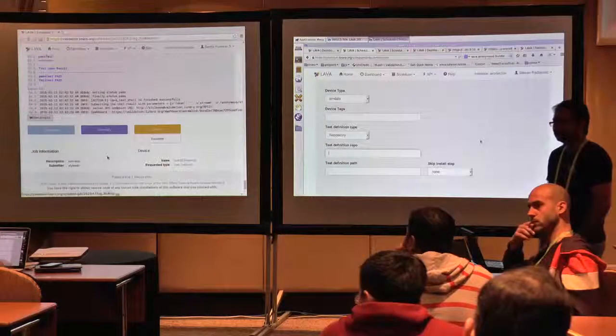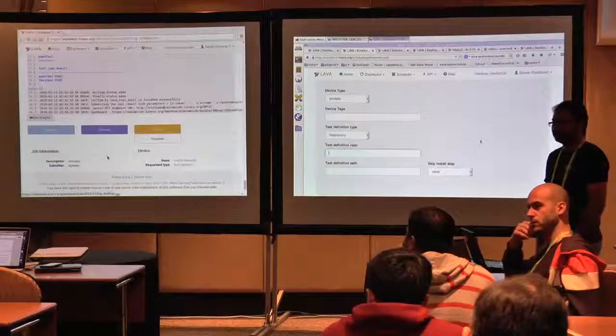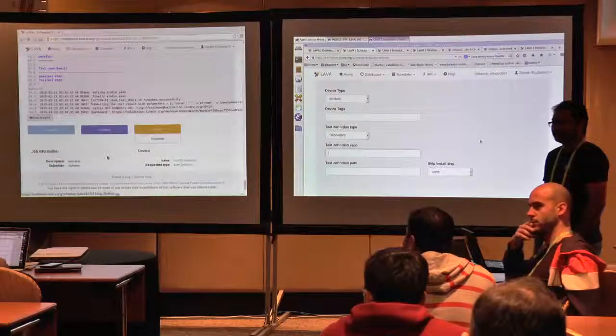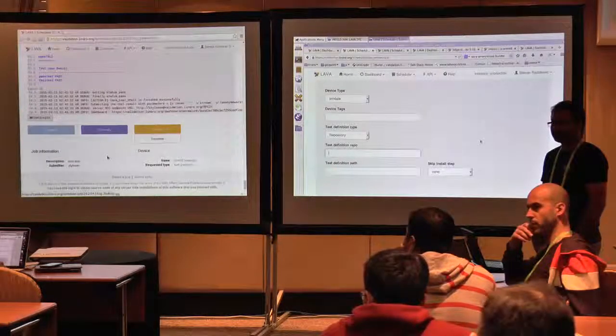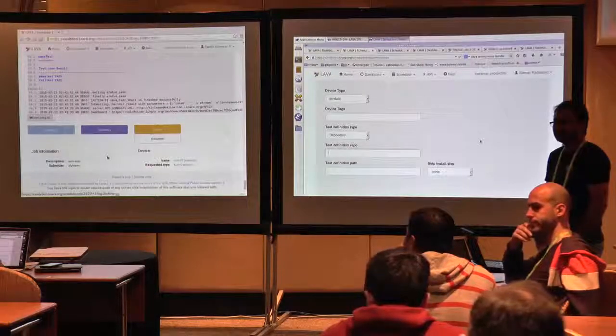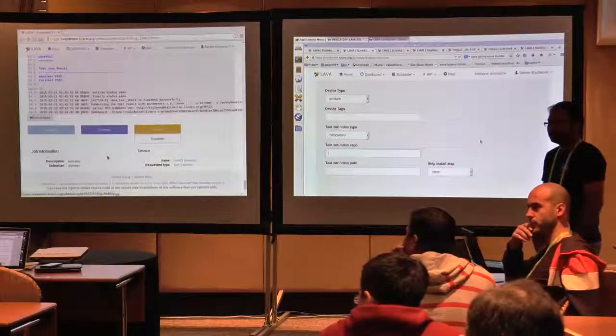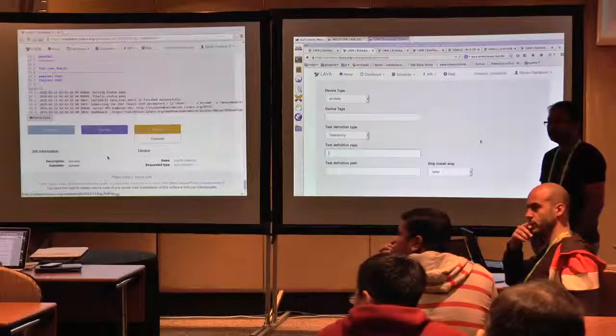Because right now you have to not only give the URL to the repo, but also know the path to the YAML. Yeah. Taking that error out of the user's hands would be good, because how many times have you done it where you didn't put the right path to the YAML file in there? But what we've never done is actually said that Lava supports these tests.